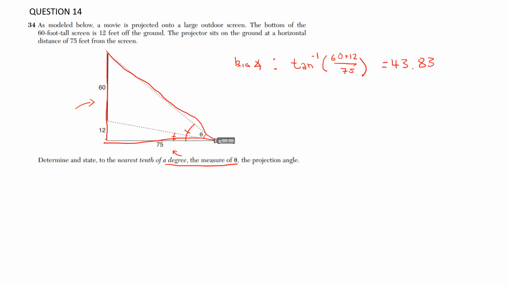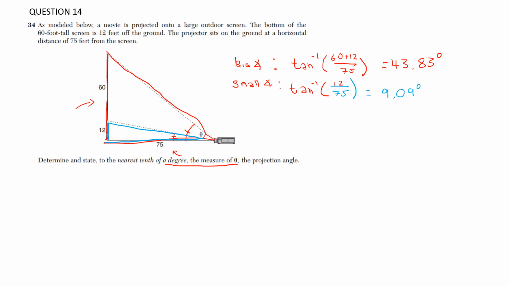And now let's try to find this small angle. So likewise, we do an inverse tangent of opposite, 12. We're doing this one. Let me color it in a different color. Let's go with blue. This triangle. So that would be 12 over 75. Let me put that in the calculator. And that gives us an angle of